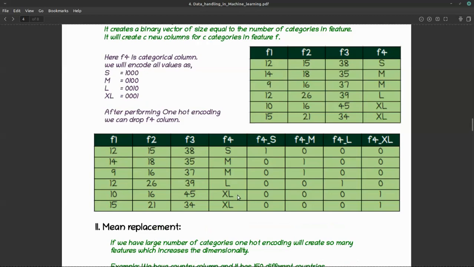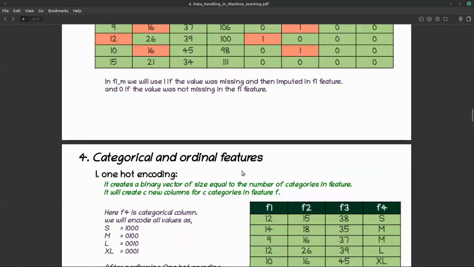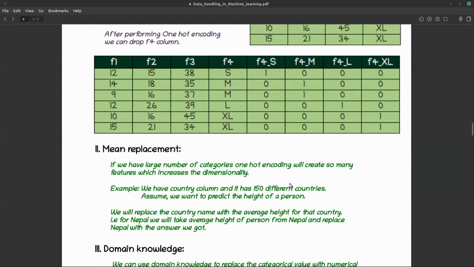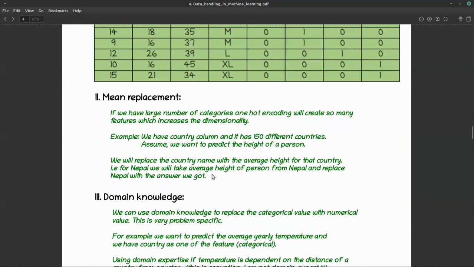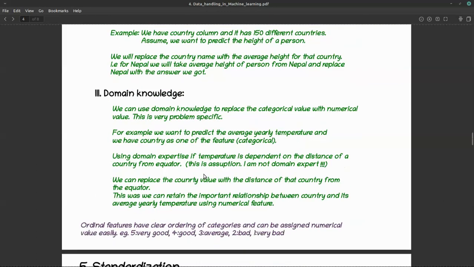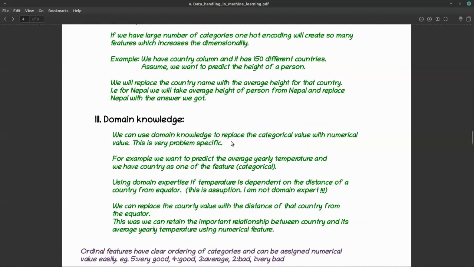And see, if you have, let's say, a color column, and there are colors like red, pink, purple, blue, green. If you say red equal to 1, green equal to 3, then 3 is greater than 1, but green is not greater than red, right? Because there is no one-to-one connection. So the labeling method is not very useful, because the machine learning model will get confused. It will understand this value is higher, this value is lower, so it has an impact like that. And the last method that we use is nothing but domain knowledge.